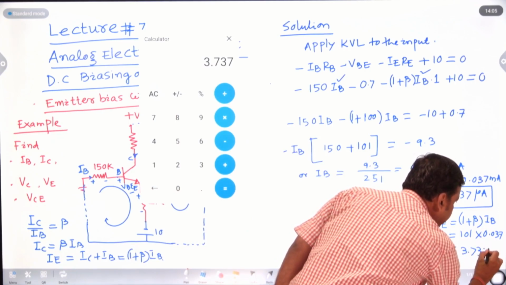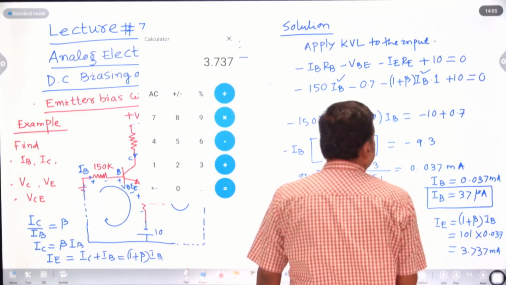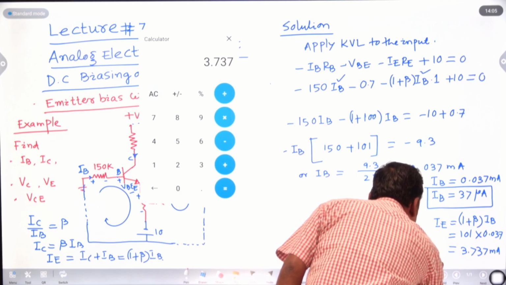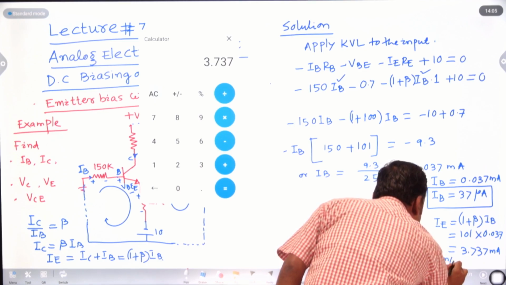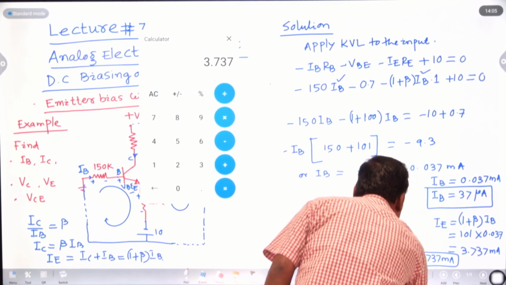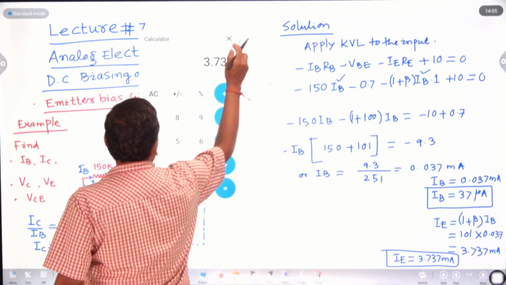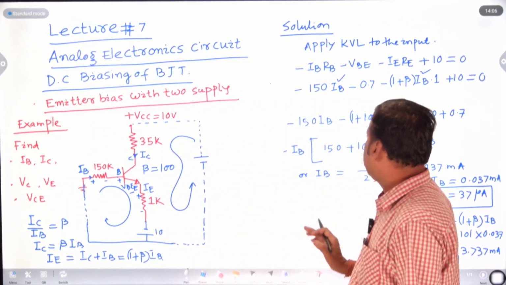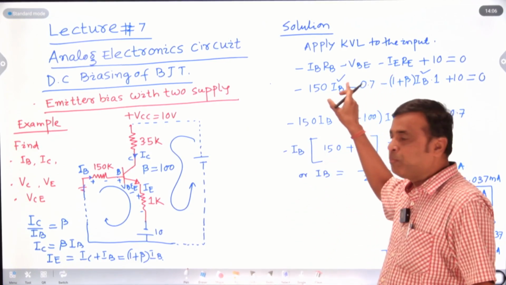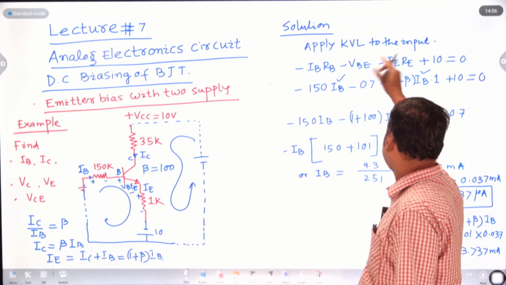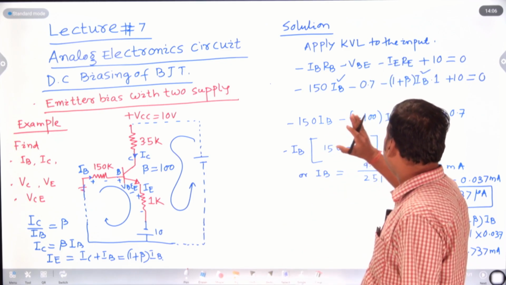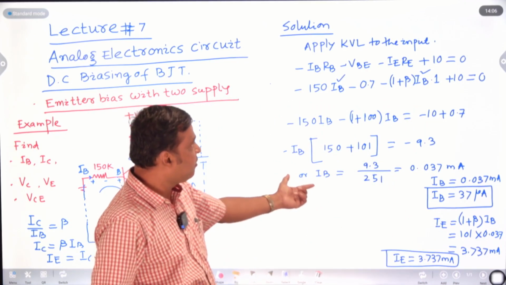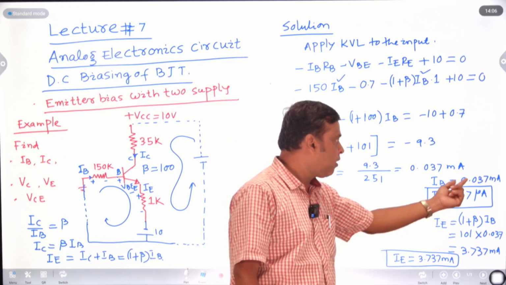The emitter current IE is 3.737 milliampere. If you apply KVL, you will get the input equation. From this input equation, convert the emitter current into (1 plus beta) times IB. All values have already been given, so put the values in and you can find the base current IB equal to 37 microampere, or 0.037